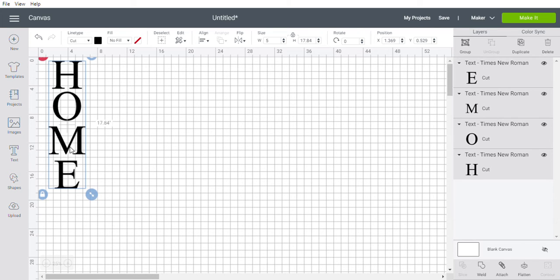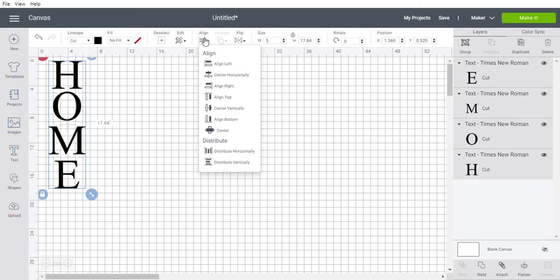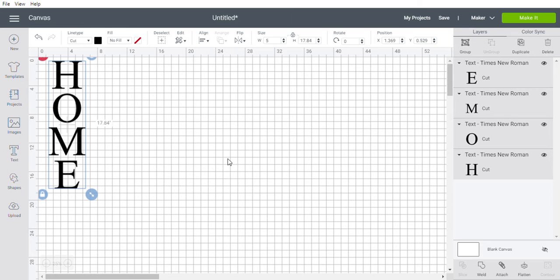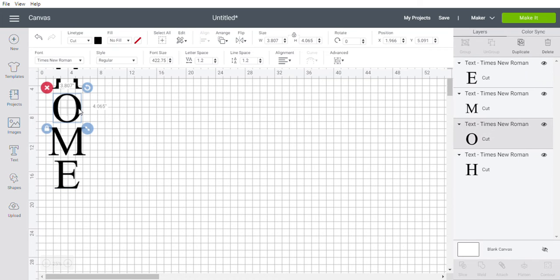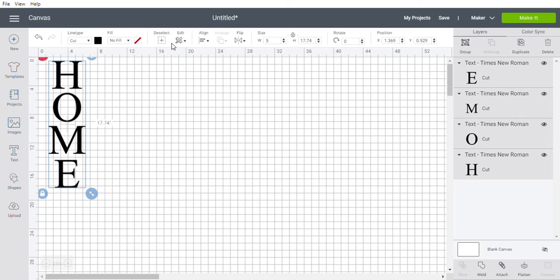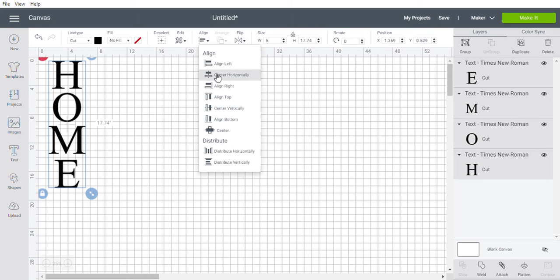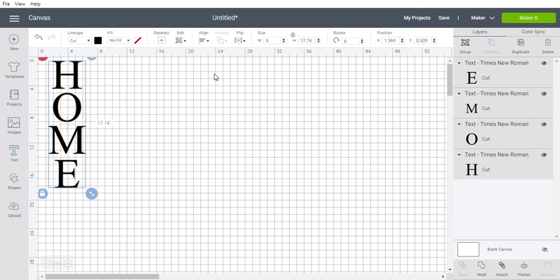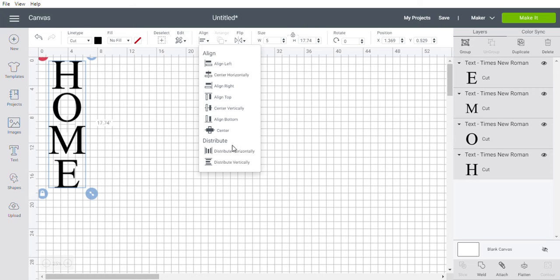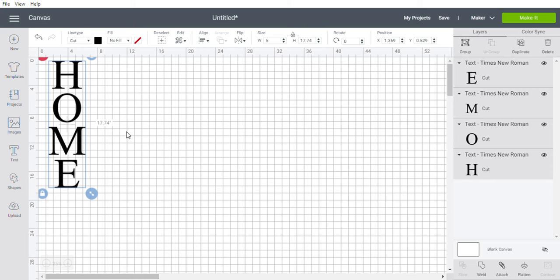17.84, which is still a little bit more than we want to use. So first I'm going to distribute them again so that they're evenly spaced. And then I'm going to select again and just go up, like maybe 1 more for each one, maybe even 2 on that M, and 1 more on that E, and then I'm going to select them all again using Control A. Make sure that I didn't really move them anywhere, which I don't think that I did, and distribute them again. That puts us at